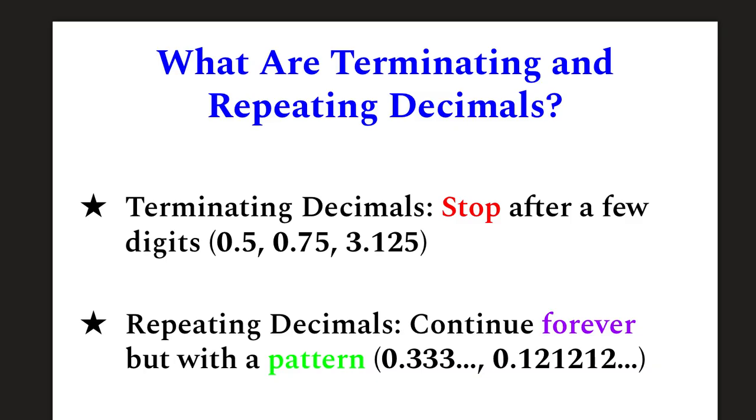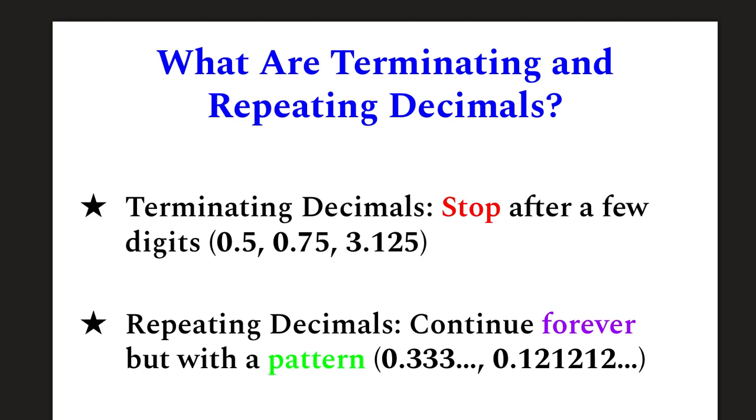All right, let's refresh our memory. What are terminating and repeating decimals? Terminating decimals stop after a few digits, like 0.5, 0.75, 3.125. As you can see, the number stops at 5 in each one. Repeating decimals continue forever, but with a pattern, like 0.333 and 0.121212. Even though they look different, both types can be written as fractions because they're rational numbers, and that's exactly what